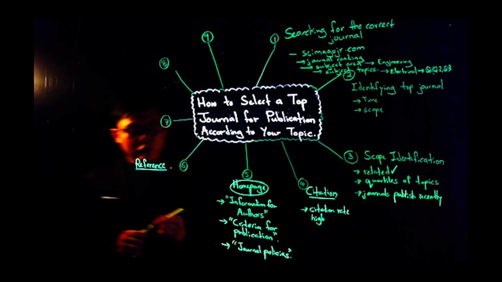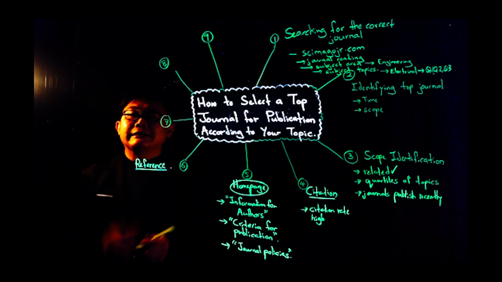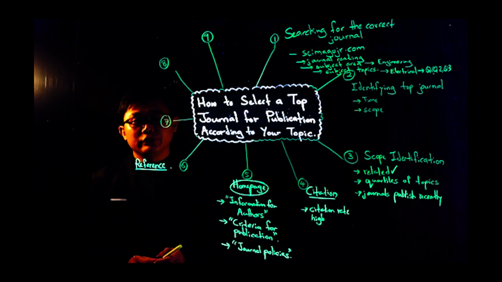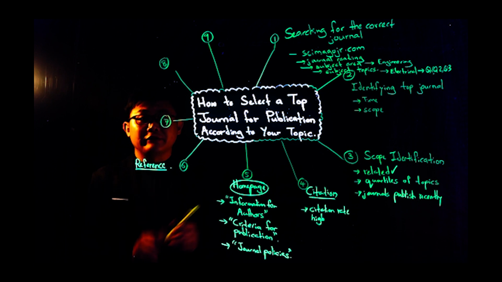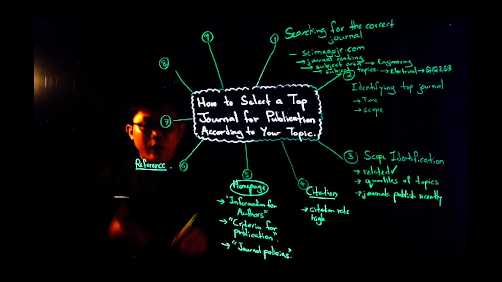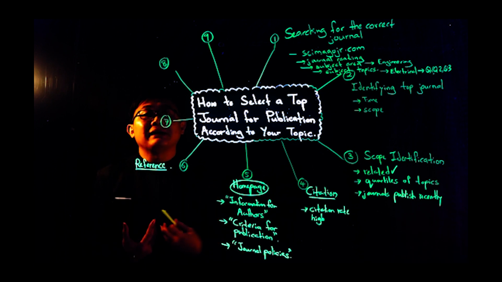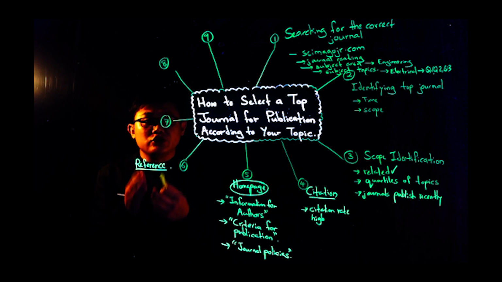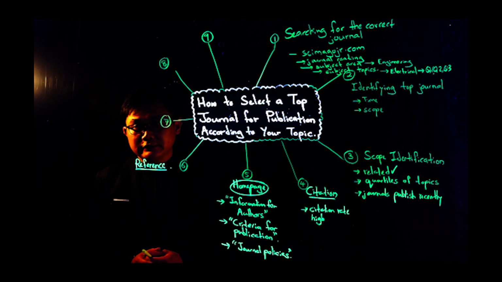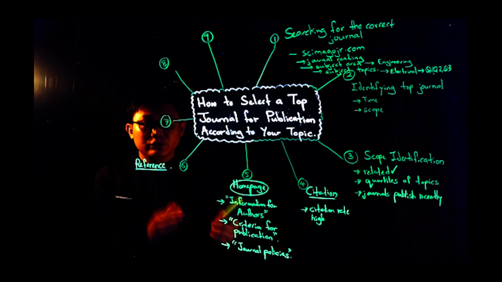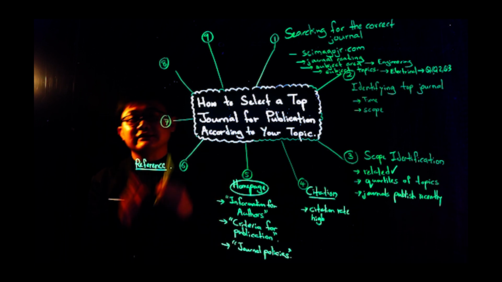Always remember, when you want to publish in a certain journal, select a few journals in that publisher that are related to your topic as the reference. You must know, if you want to publish in this journal, you also must show your support to this journal. How do you show your support? Take a few journals from these topics that are related to you in this publisher and put them as references